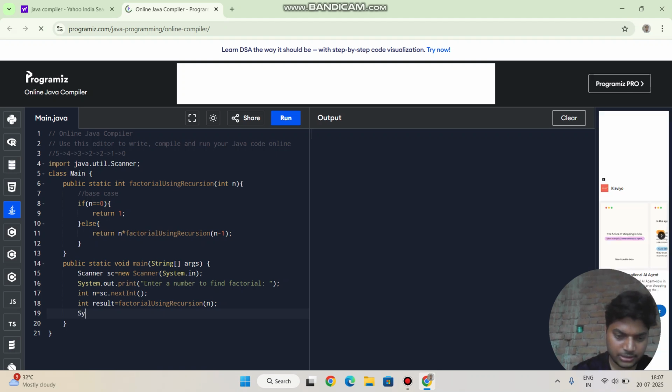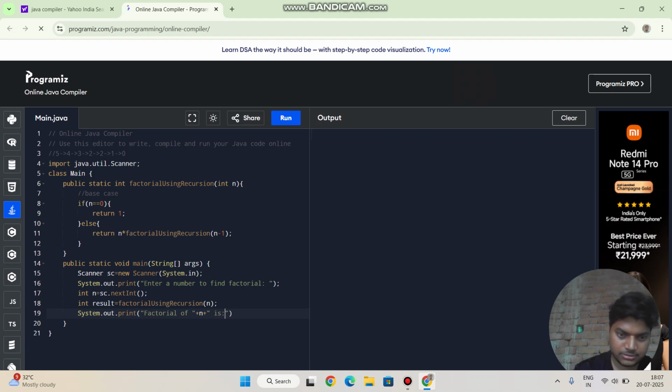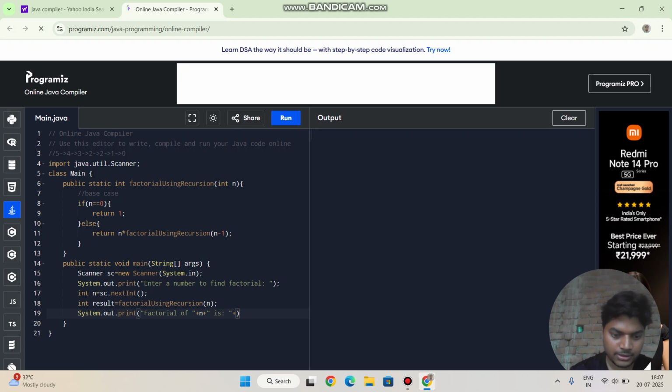So I am writing the output statement System.out.println, print only factorial of n, where n means user input, is result. So this is done. So it will work perfectly.